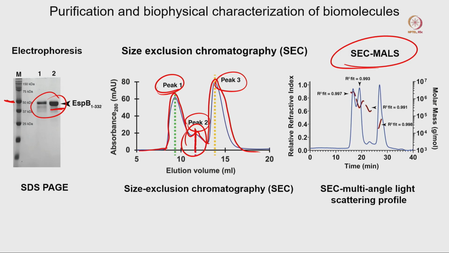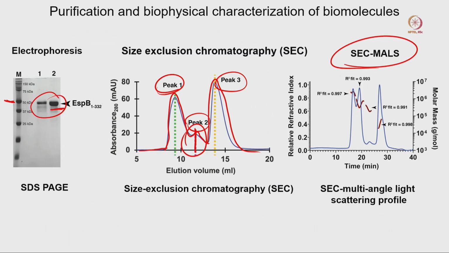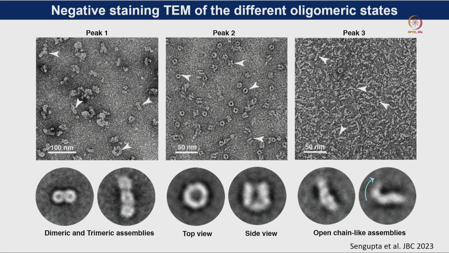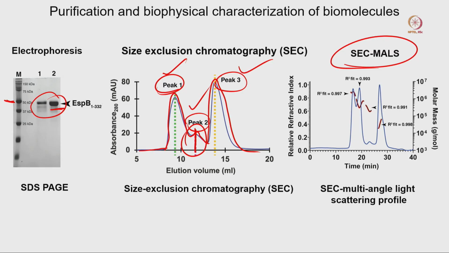From other biochemical studies the author identified that near peak 2 the author is getting the hexameric or heptameric peak. From this negative staining the author monitored peak 1, peak 2 and peak 3 separately. When they visualize peak 1, peak 2 and peak 3, they can see that peak 1 comes near the void volume region, where most of the time aggregation comes.